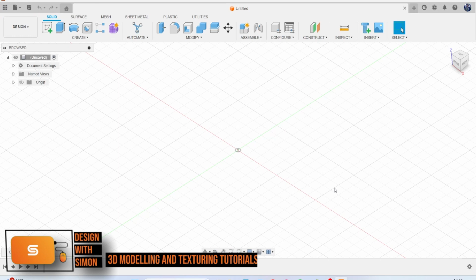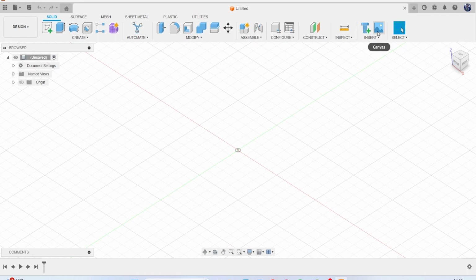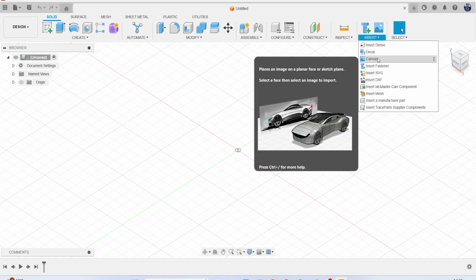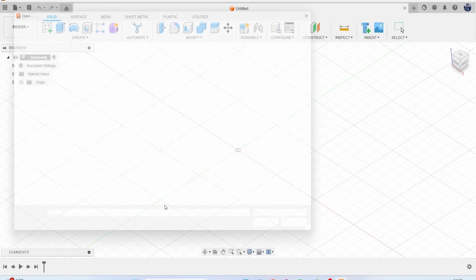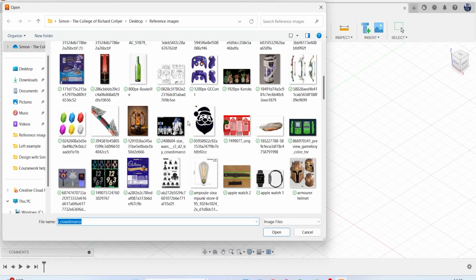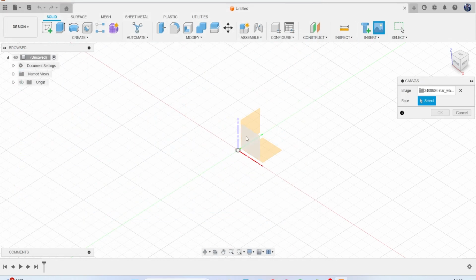Hey everyone, in today's video we're going to have a go at modelling R2D2 inside of Fusion. So first thing we're going to do is insert a reference image. So I'm going to come down here to insert and grab that canvas there. I'll go to insert and canvas, insert from my computer, and then I've got a reference image that I found online. I'm going to grab this one, hit this front plane,